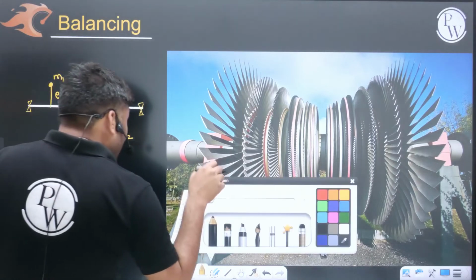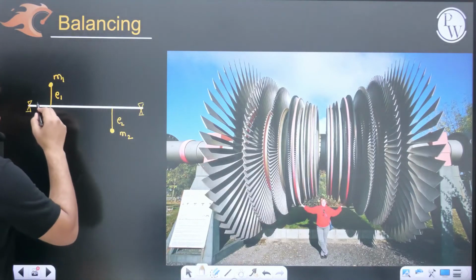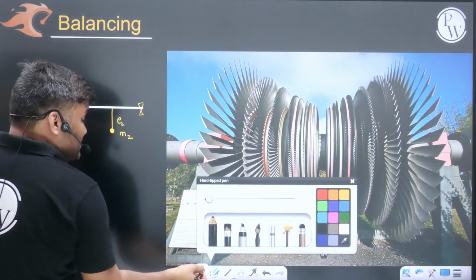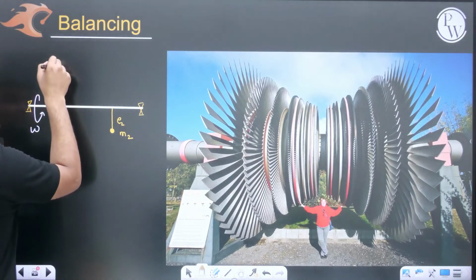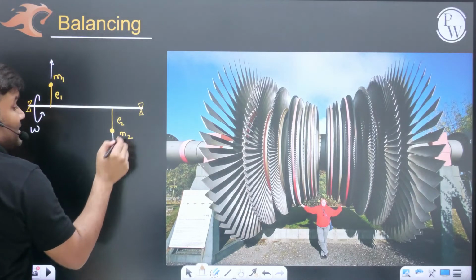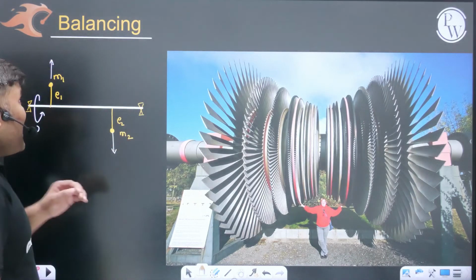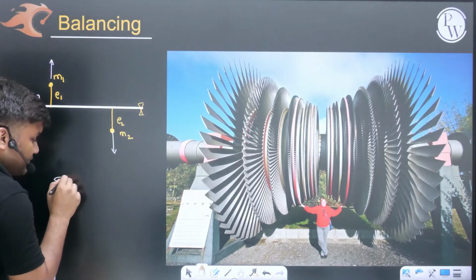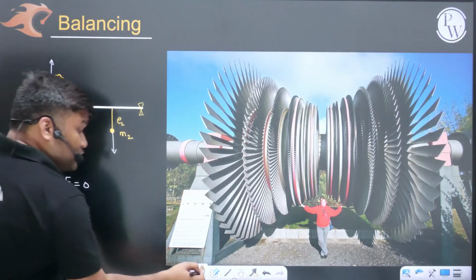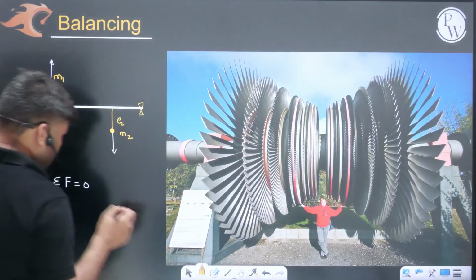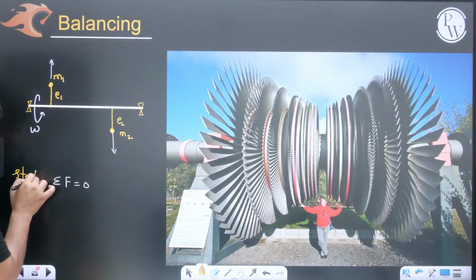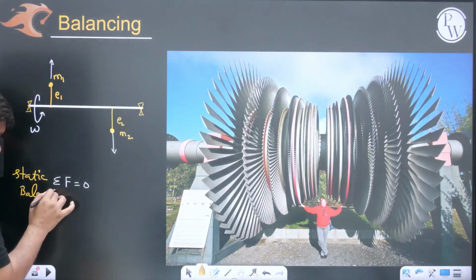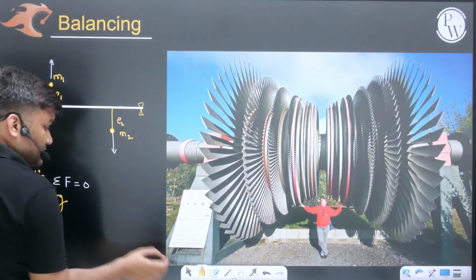Now in this situation, when this shaft is going to have rotation with angular speed omega, these unbalanced masses will produce some centrifugal force, some force here, some force here. This time you have to balance these forces. You have to check कि भैया summation of these forces is zero or not. You have to do static balancing. Ensure static balancing, as well as